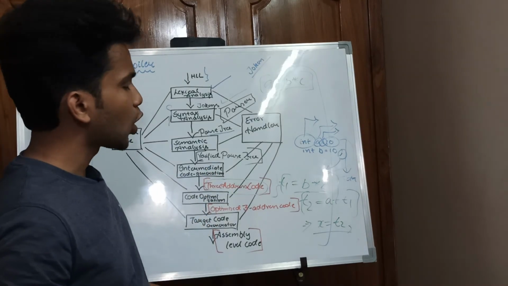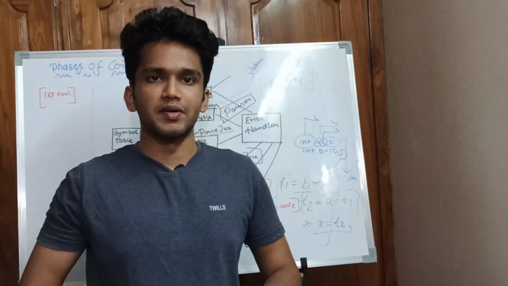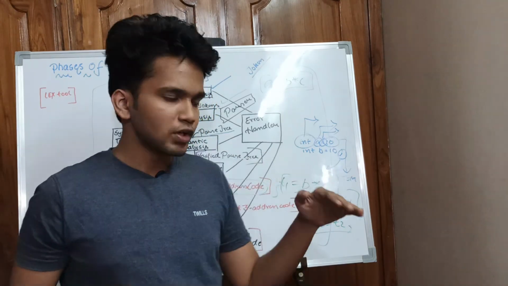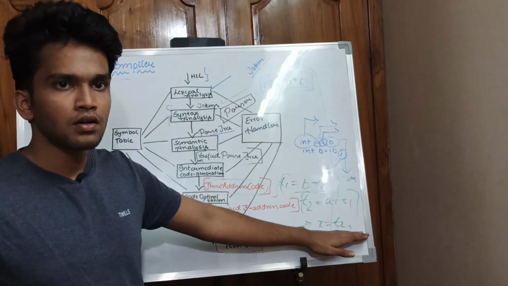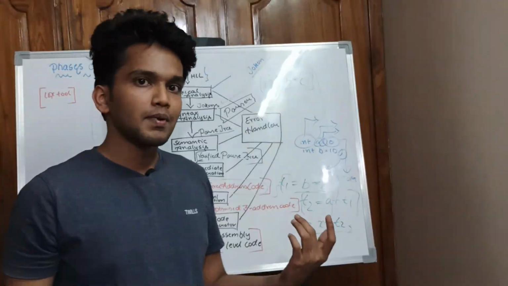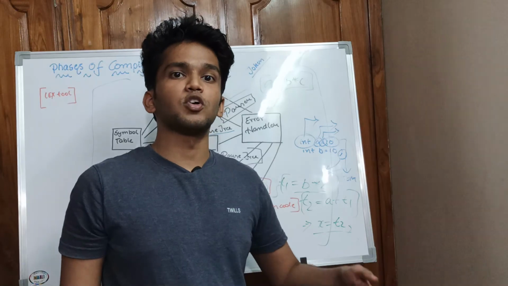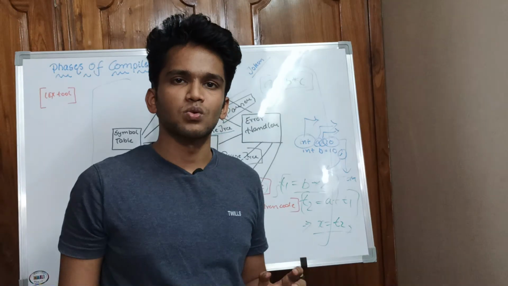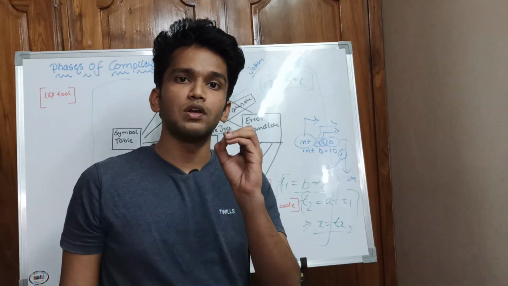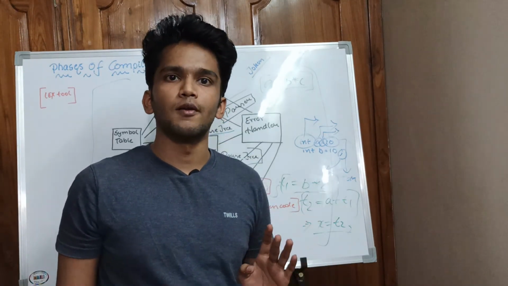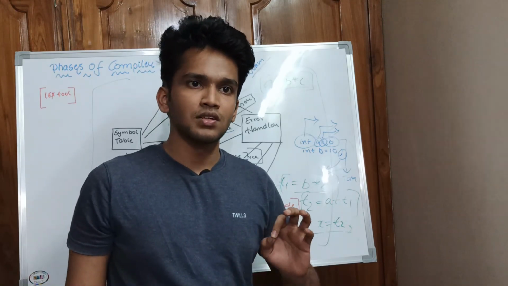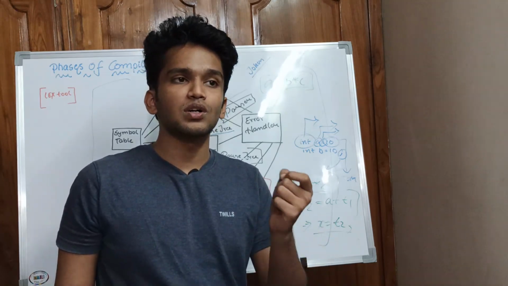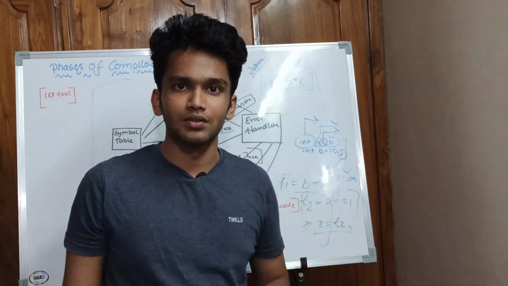And coming to code optimization, what happens in code optimization? See, the word itself says code optimization. We got a 3 address code, right? So code optimization is a phase which checks for the possibility of reducing the code, removing all the unnecessary trash code and making use of only useful, executable code. The main function is that it checks that the code executes faster and does not waste any kind of memory of the computer.